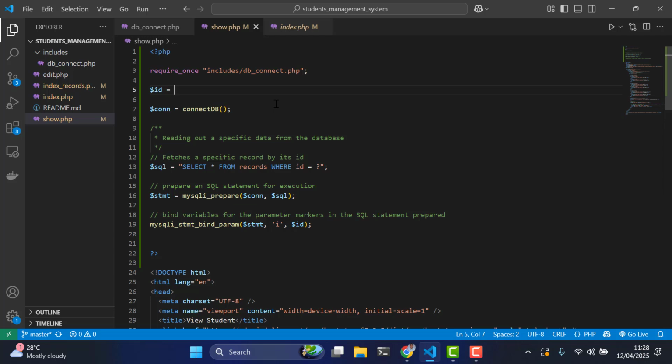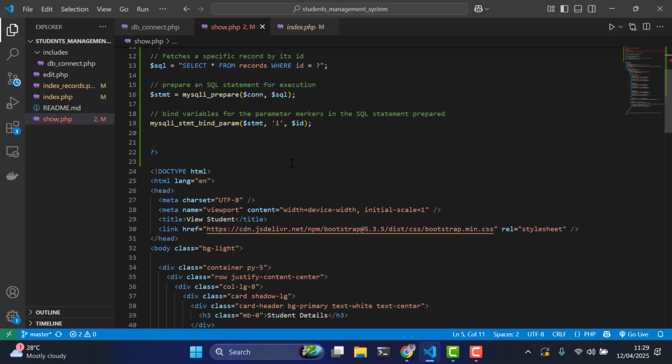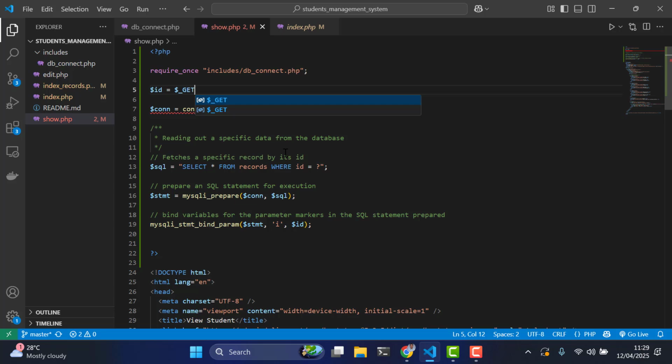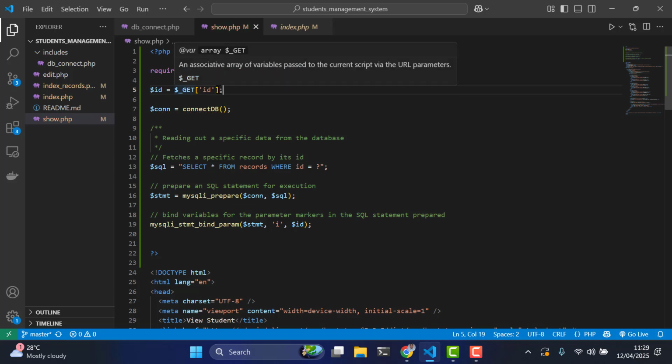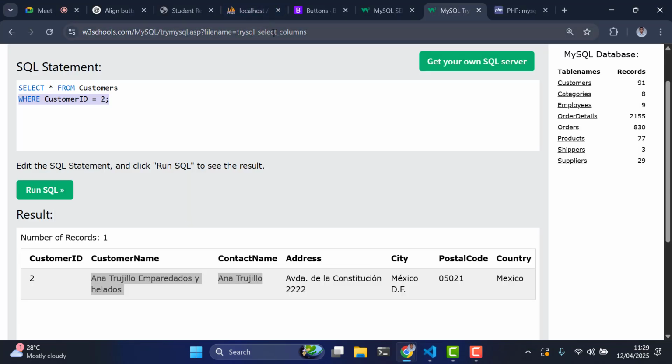This is quite tricky. To fetch it, I guess we can just use the get. Remember, we have get and post requests. All this submission stuff we're doing, we're using post requests. But when it involves using a URL, we're going to use get request. So get ID. So something like this. So this is what is holding the ID. Post request involves form submission when you are clicking submit. But when you want to get something from a URL,